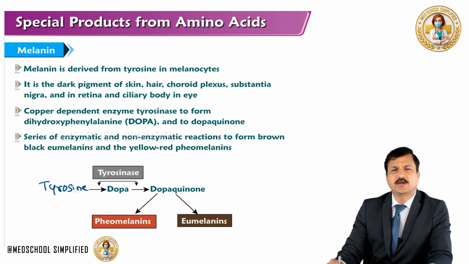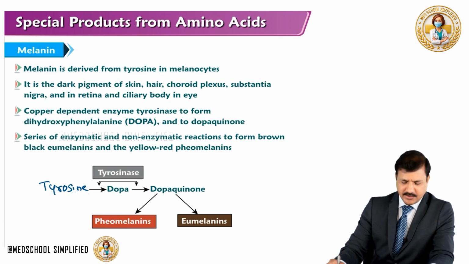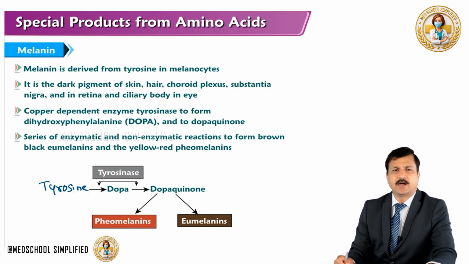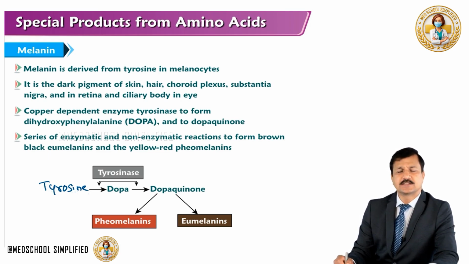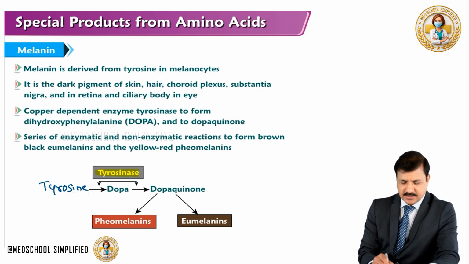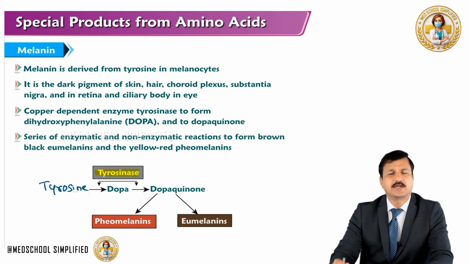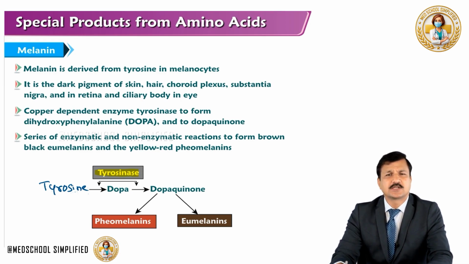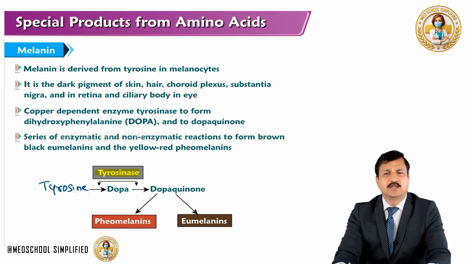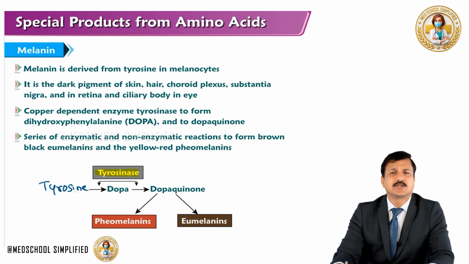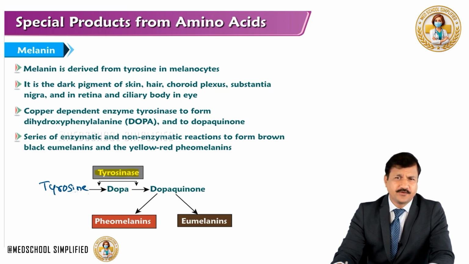As shown here in the figure below, tyrosine is converted to DOPA initially by a tyrosine hydroxylase enzyme, which is called tyrosinase. So tyrosinase here is a tyrosine hydroxylase, but it is a different type of tyrosine hydroxylase than the one that we have seen in the conversion of tyrosine into catecholamine, which needs tetrahydrobiopterin. That is different from the tyrosinase that you are going to see here in the melanocytes.